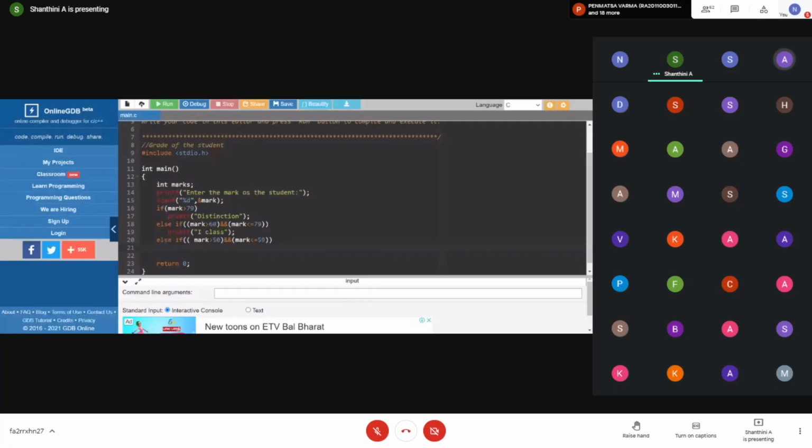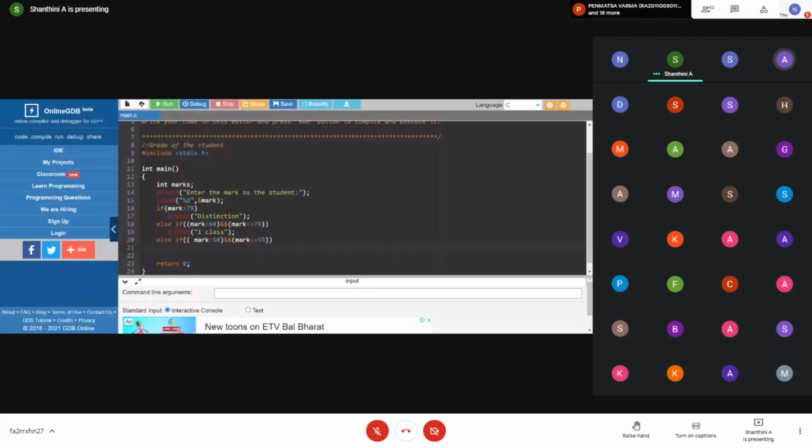Because if none of those categories match, if his mark is less than 50, we consider that to be a fail only. So this is a simple program written to get the student mark using an else if ladder. Every if will have its corresponding else.